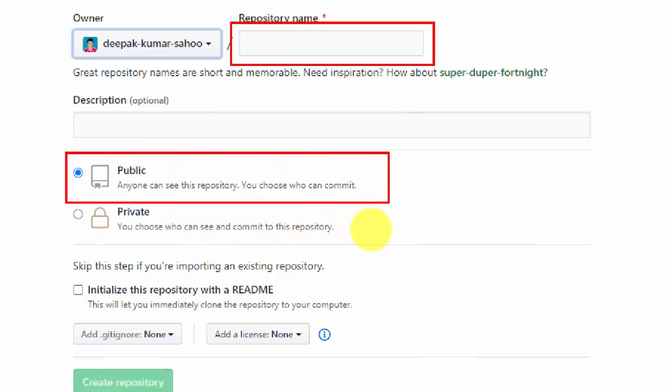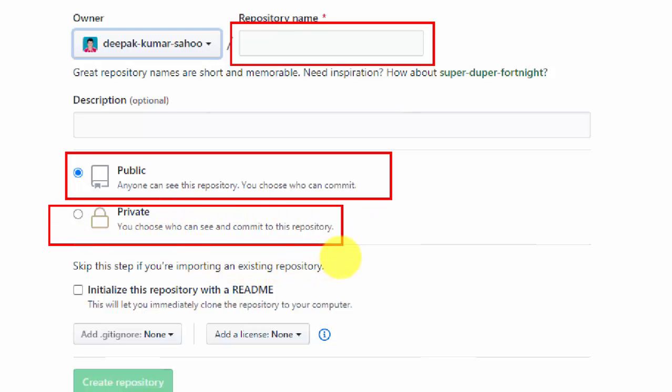The entire content will be public in GitHub. If you want, you can keep your code private, but you may have to pay some money to GitHub. The data will be private on this platform, and no charges are required for public data.